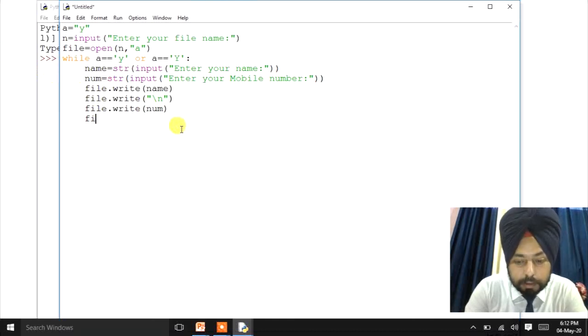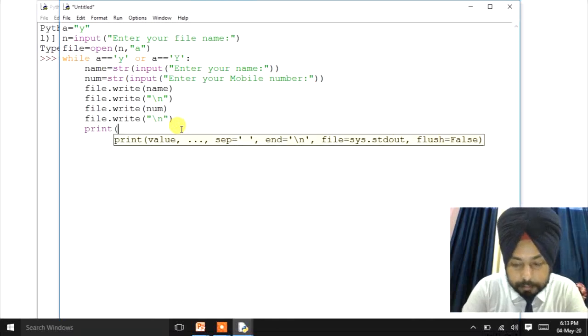Now we'll use file dot write, then slash n, bracket will be closed. Now we'll use print function,